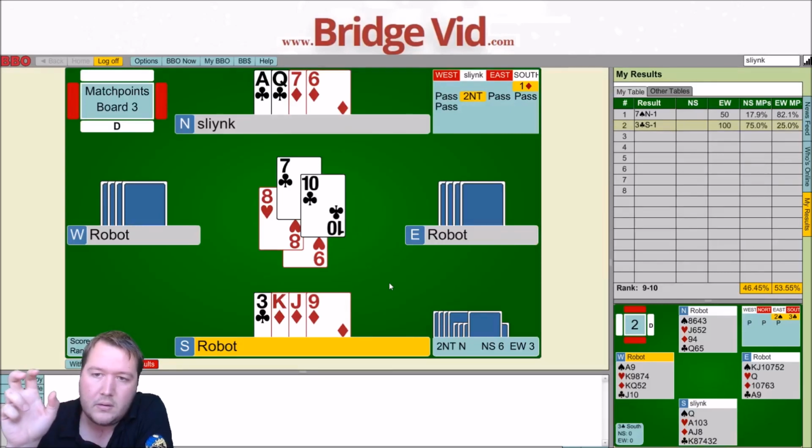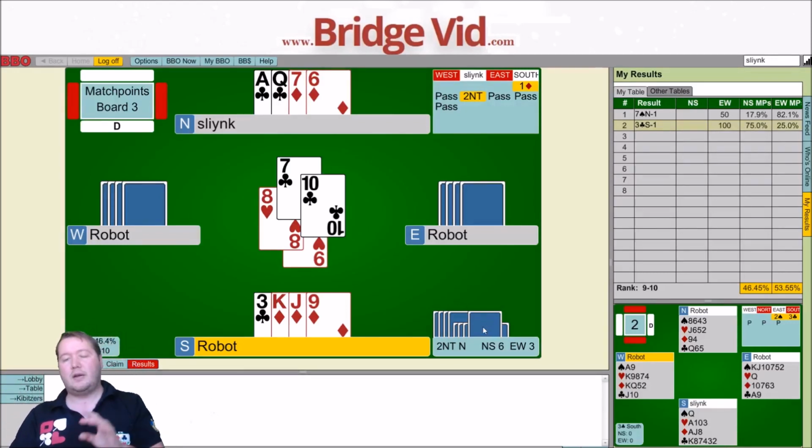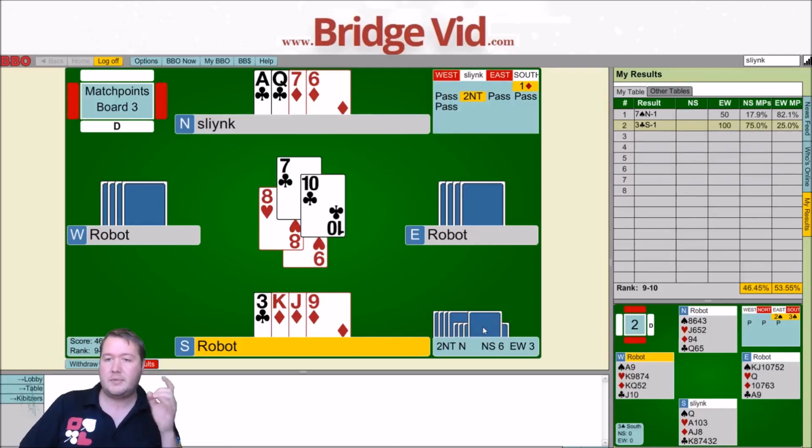Alright. We know East had 3 or 4 spades. We know East had 2 hearts. That's their first club discard, I think. So I think they've got 4 clubs and 3 diamonds. Now, their first pitch was a diamond, which makes it look like they wouldn't do that from...